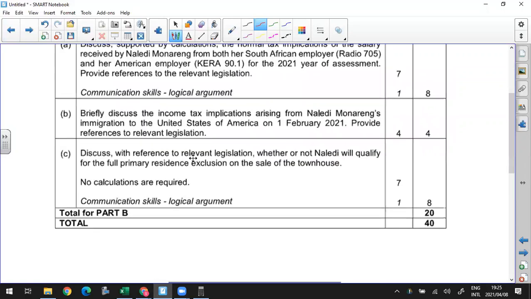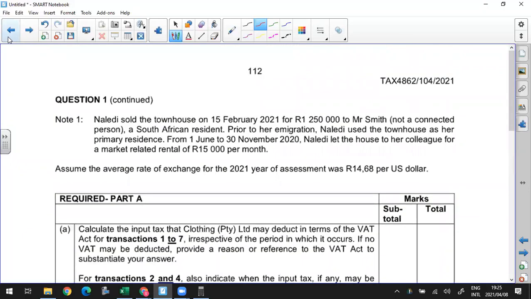Part C, it says discuss with reference to relevant legislation whether or not Naledi will qualify for a full primary residence exclusion on the sale of the townhouse. Okay, so let's just have a look here and let's just read through. It says Naledi sold the townhouse on 15 Feb 2021 for 1250 to Mr. Smith, not a connected person and SA resident. Prior to immigration, Naledi used the townhouse as a primary residence. From 1 June to 30 November 2020, Naledi let the house for her colleague at a market-related rental of 15,000